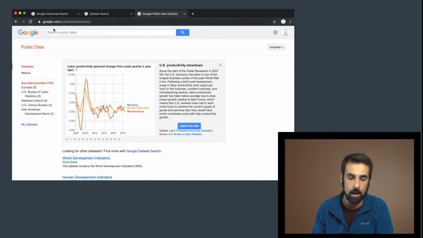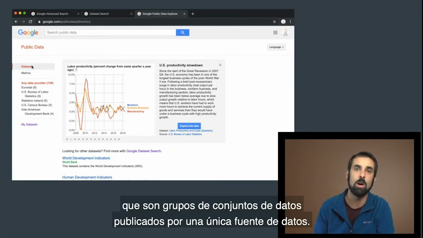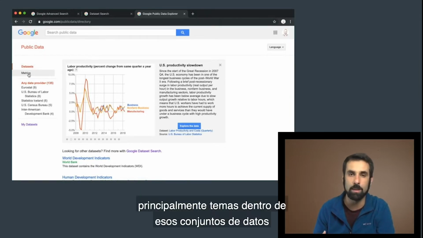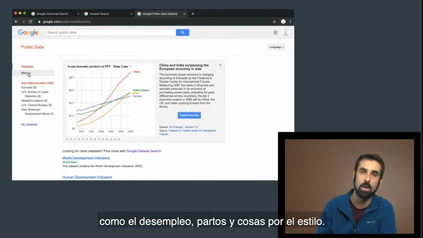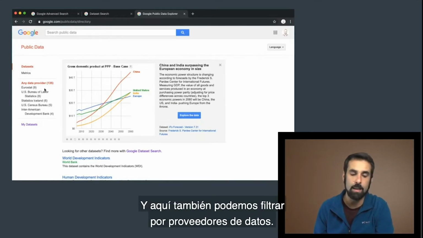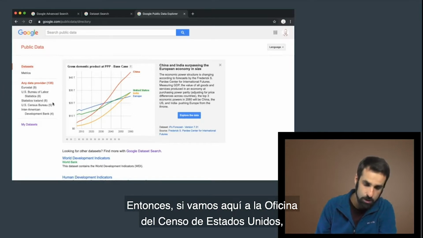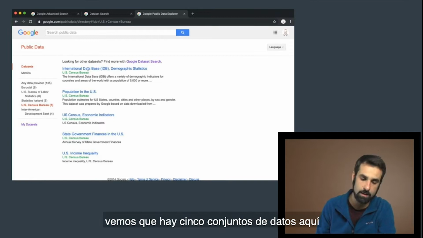Here on the webpage of the Public Data Explorer, you go to google.com/publicdata, and then you find here on the left datasets, which are groups of datasets published by a single data source. And then we have also metrics, which are mostly topics inside those datasets, like unemployment, childbirth, and things like that. And here we can also filter by data providers. So if we go here to the US Census Bureau, we see that there are 5 data sets here that